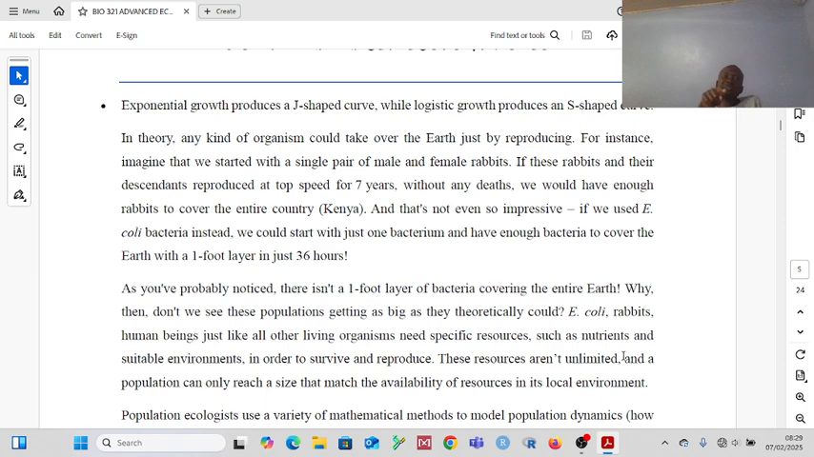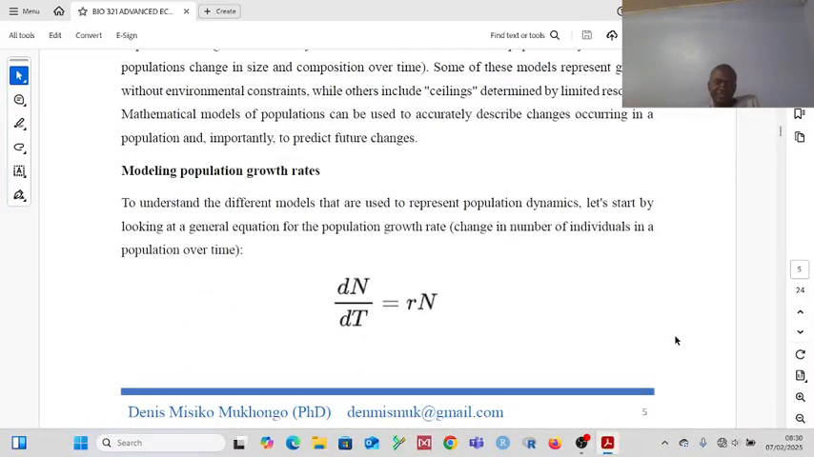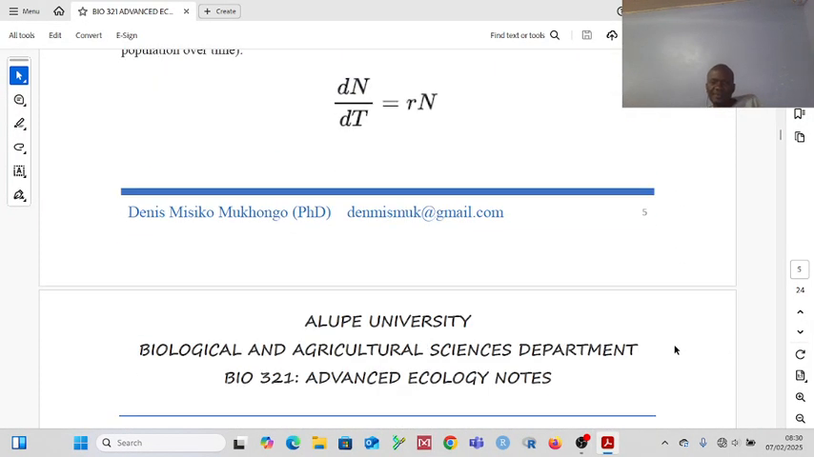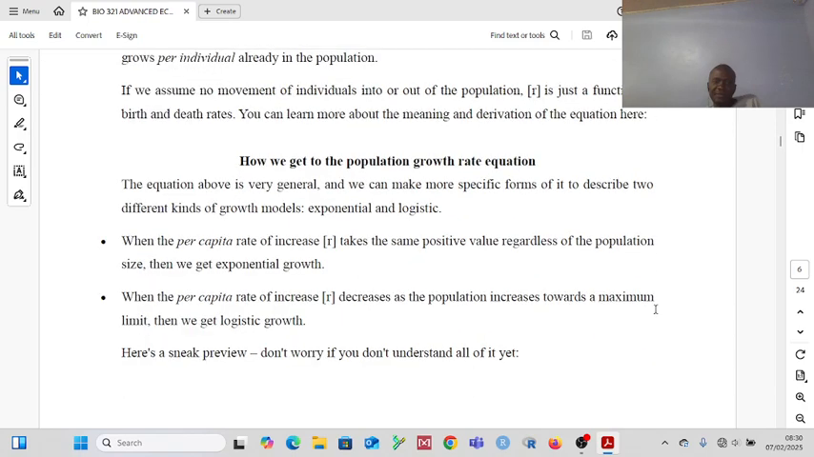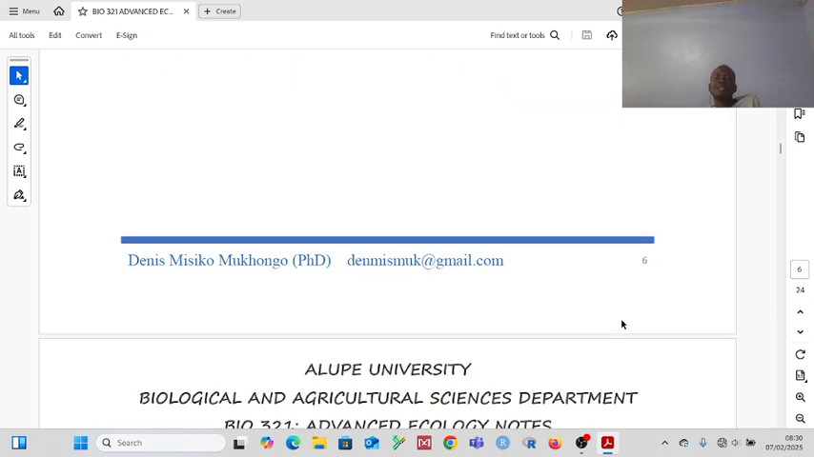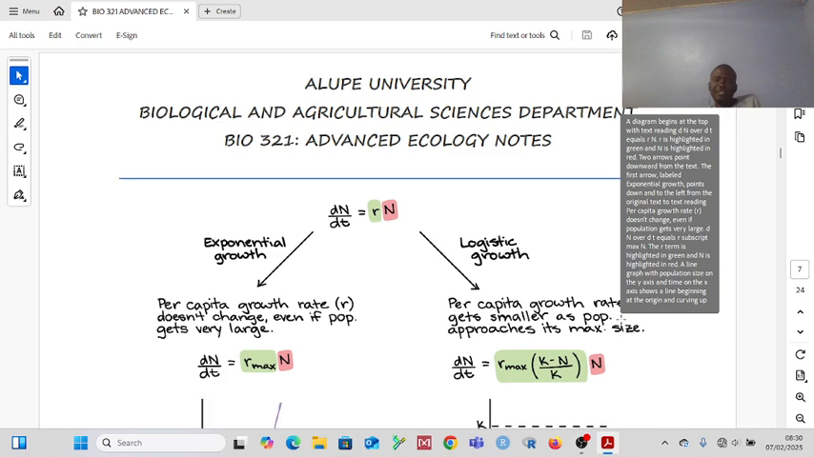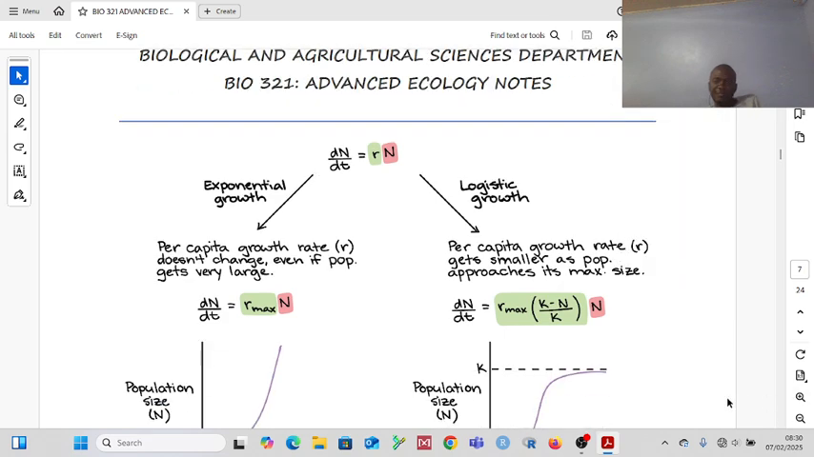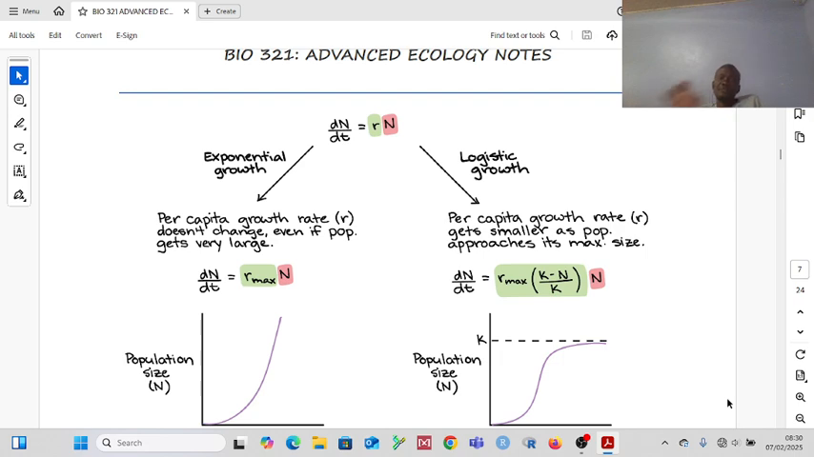But with the J shape, it just keeps going. But the reality is they don't grow forever. So I will not take you too much through the mathematics, but you can read through, and it is largely self-explanatory. But when you look at page 7,